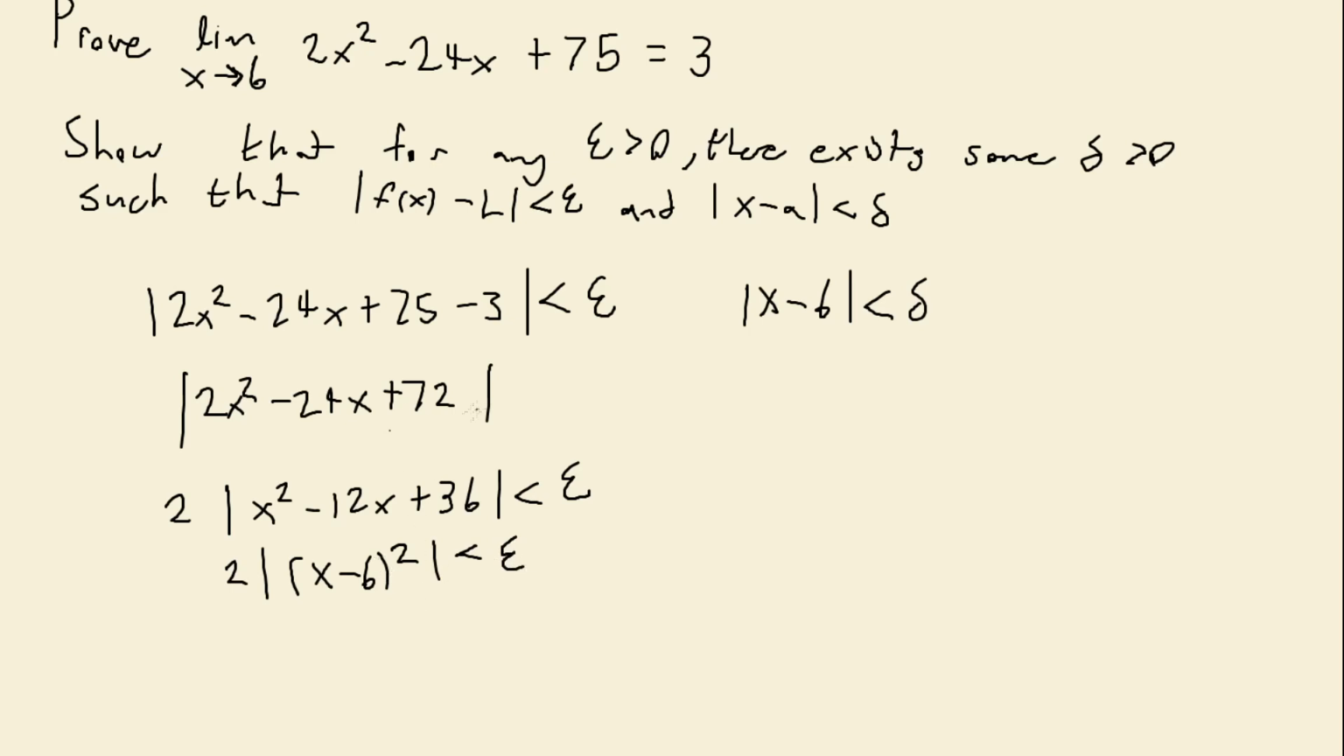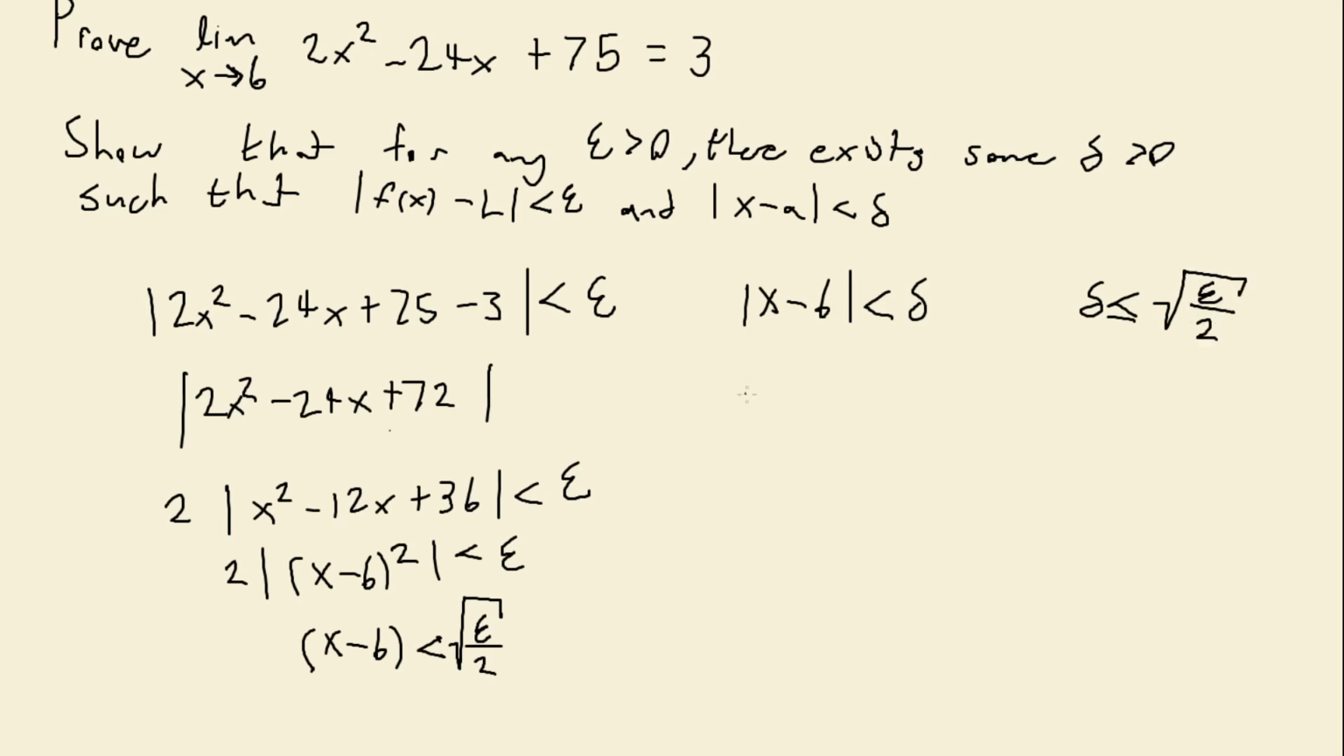Here what we can notice is that x minus 6 squared is always going to be a positive number no matter what x minus 6 is. When you square that, it will be positive. So we can get rid of these absolute value bars. And here we have the absolute value of x minus 6 is less than the square root of epsilon over 2. And now we have something that looks similar to what we have over here. So if we let our delta be less than or equal to the square root of epsilon over 2,